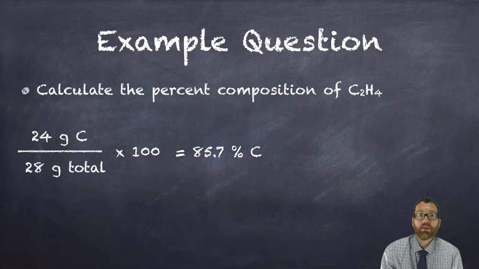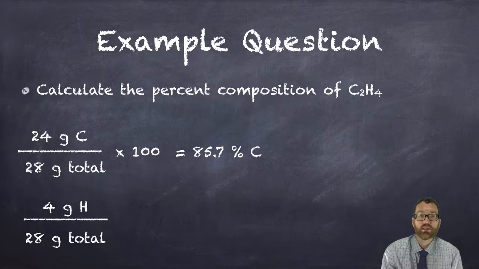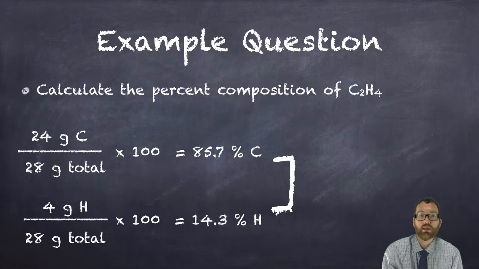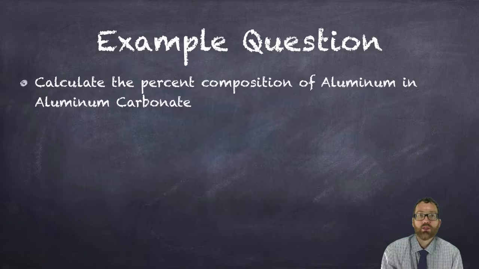So we need to do the same thing for hydrogen. Hydrogen weighs 4 in this compound because I have 4 of them, 4 grams of hydrogen. The total is still the same, 28 grams total. 4 divided by 28 times 100 is 14.3. And if we double check in our calculator, these answers both add up to 100%, which means we're correct. So let me show you one other way that they can make a problem like this more